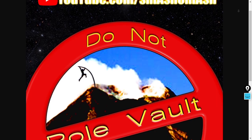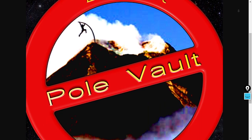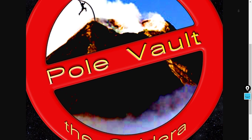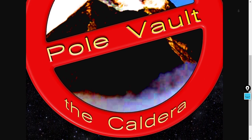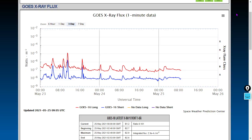And we'd like to remind you to not pole vault the caldera. Not everybody can be like Steve Stimpak here, silhouetted on that imagery. Pole vaulting calderas is vastly too dangerous for you to likely do. So even if you're a track and field star, at smAsho.com, we'd like to remind you not to pole vault